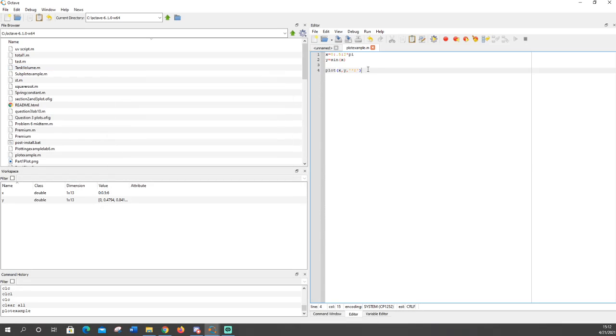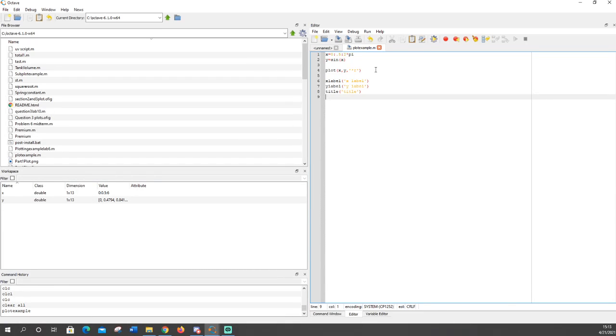So close the window and let us add an X label. We do that by doing xlabel, parentheses, make sure there are single quotes for the title, which is X label in our case. And you would do the same thing for the Y axis. And then we do ylabel, parentheses, single quote, Y label, single quote, parentheses, and make sure you also title your graph. You do that by using the title command, parentheses, single quote, title,